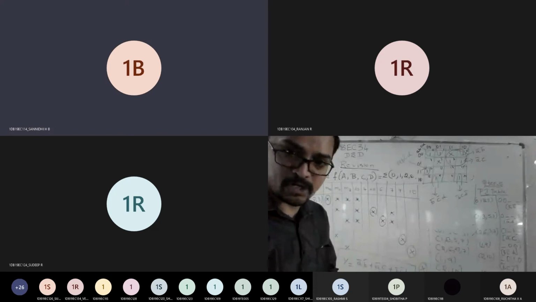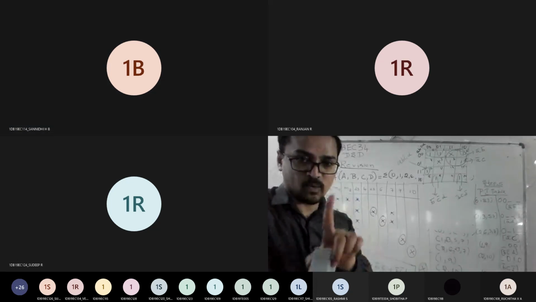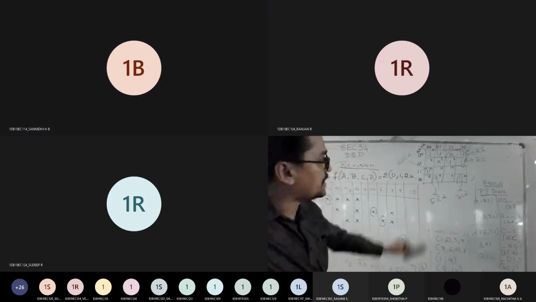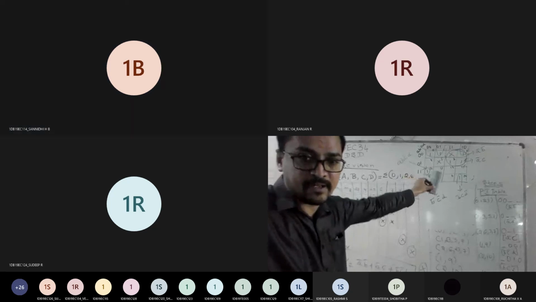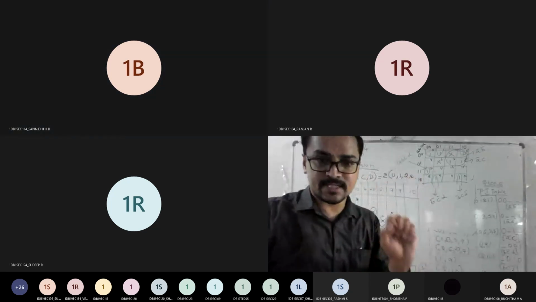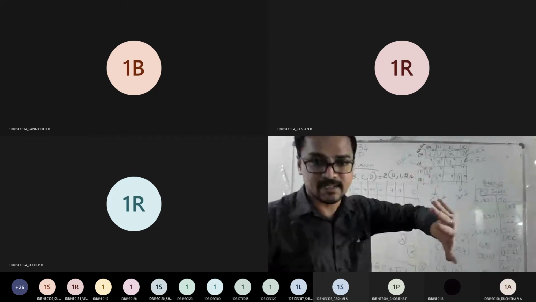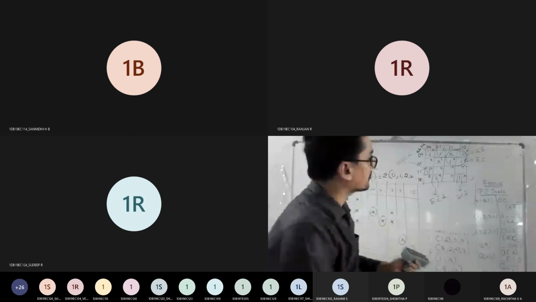So any doubts now? You got the idea how to do the procedure for Quine-McCluskey? See, if you understand one problem, you can get easily 15 marks here. So any difficulty? See, we have to verify using K-map also. We have verified. Now look at here. I will tell the difference between your essential and prime implicants. What are the things you have done? That is your prime implicants. Now check out. Where is the possibility of essential prime implicant?